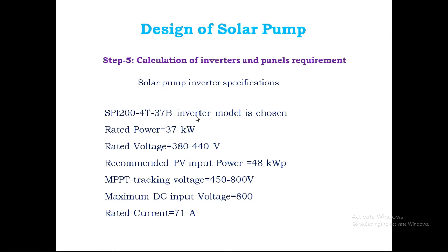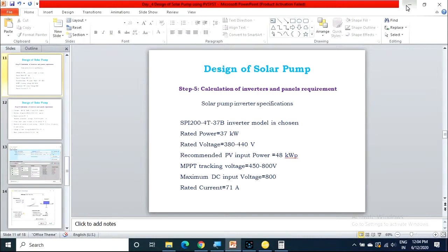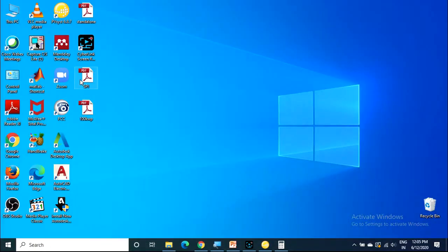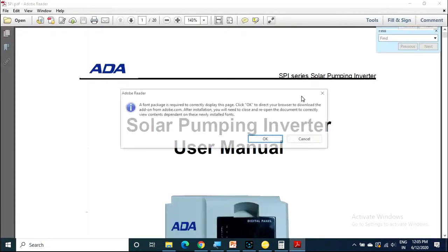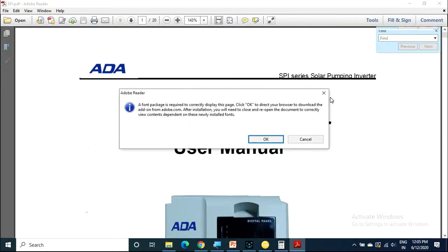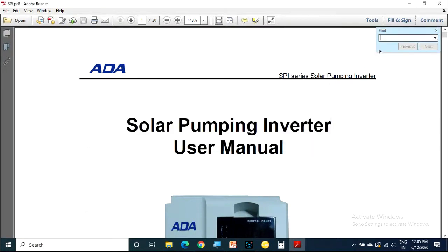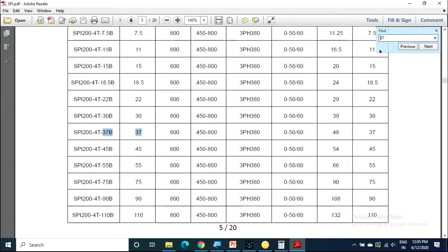I will show this model specifications. So see, I have chosen this model.